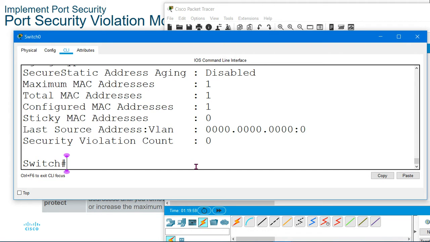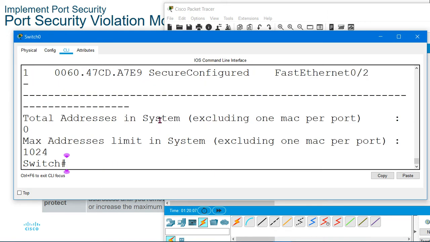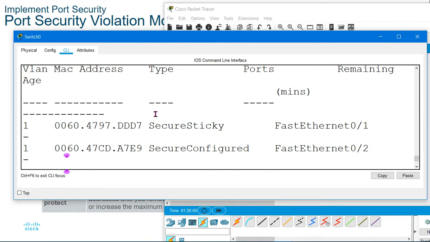I want to see what is the MAC address configured. So show port security address will display that. Okay, so in F02 this MAC address is configured.